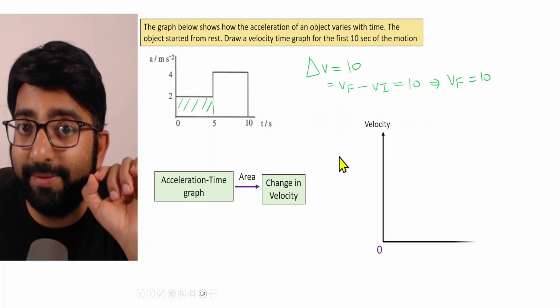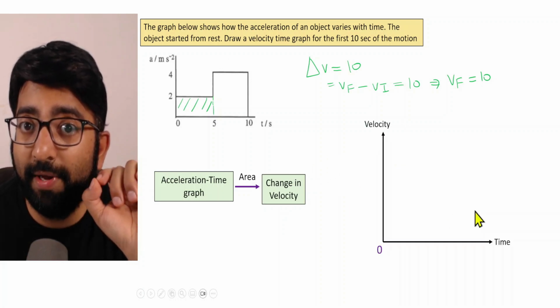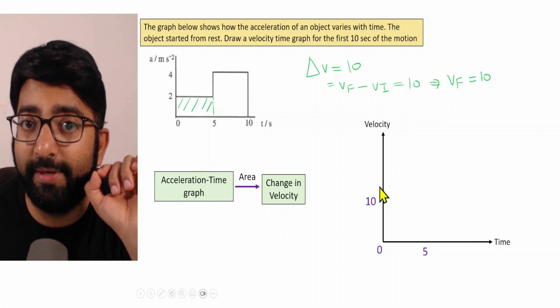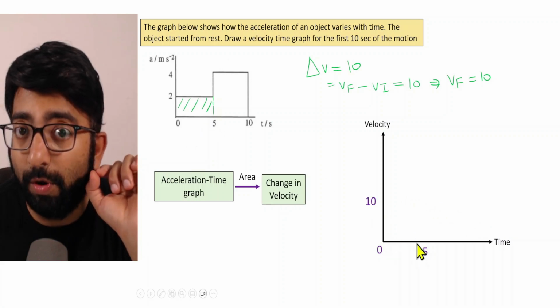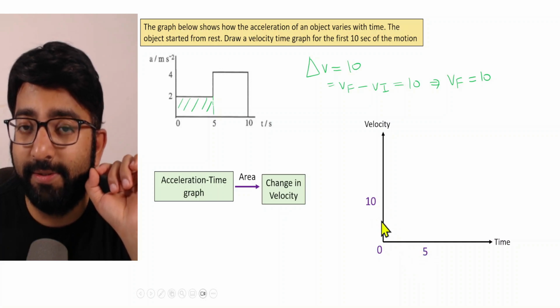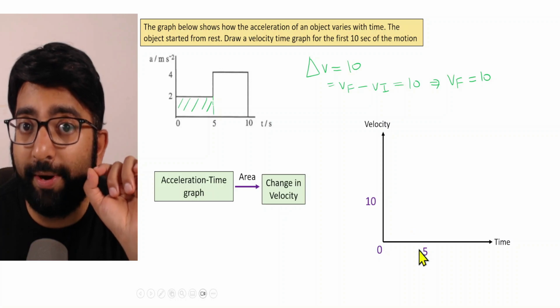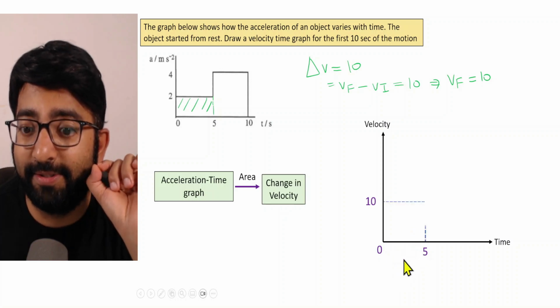And let us try to depict that in a velocity time graph. What we have deduced so far is that at time t is equal to 5 seconds, the velocity is 10. So first of all, we plot both of these points on the x and y axis. And then we are going to draw dotted lines starting from these 2 points, but parallel to the x and y axis like this.